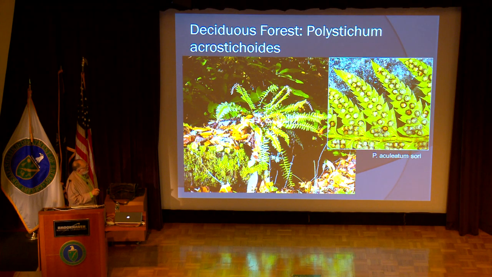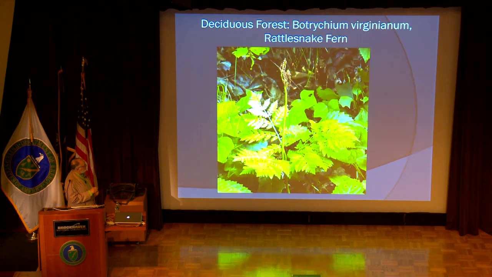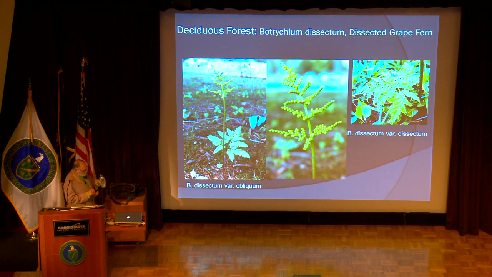Here's sori from a related fern, Polystichum aculeatum, just to show you what their particular appearance is. Here's Ophioglossales, Botrychium again, the rattlesnake fern. I found this in Cunningham Park years ago. It may still be there. Here's another Botrychium, Botrychium dissectum, which is the common one, I think, that we see. Two varieties, obliquum and dissectum, which is a really pretty fern. Grape ferns because of those grape-like clusters of